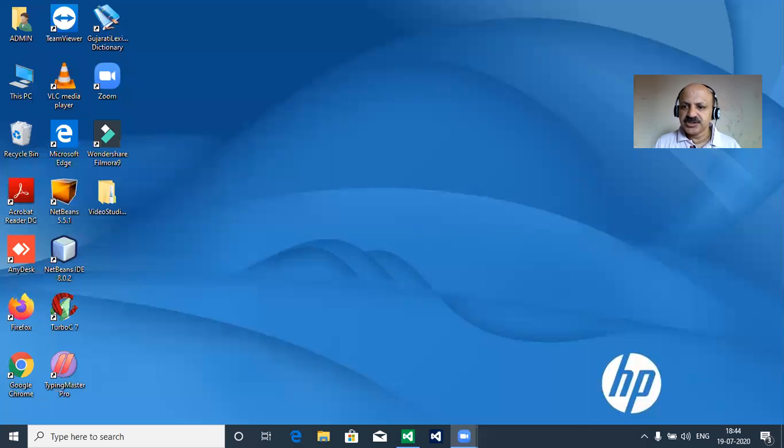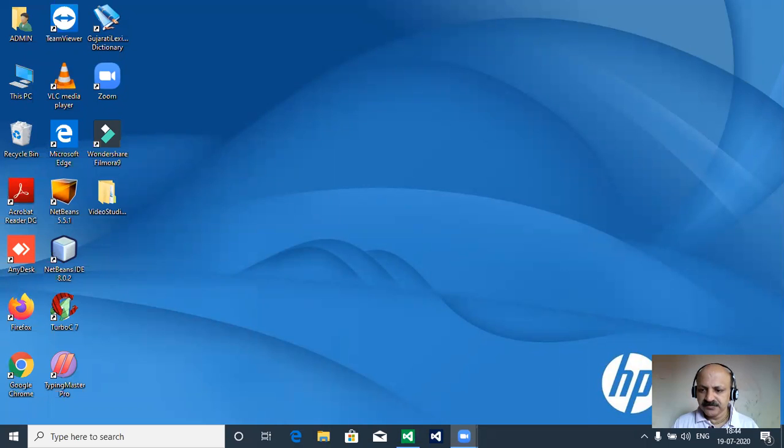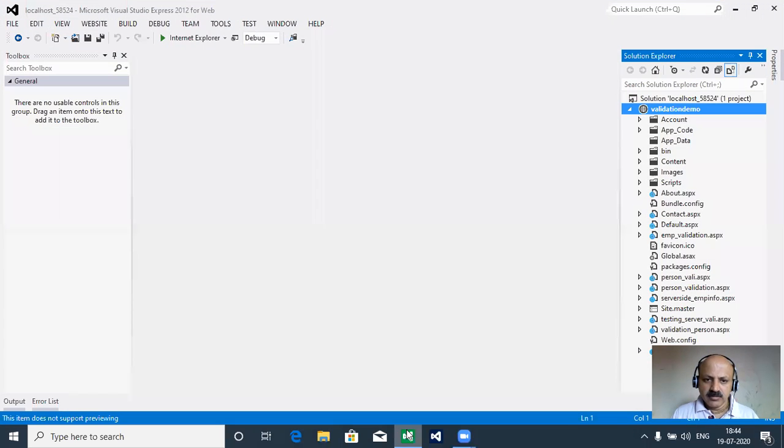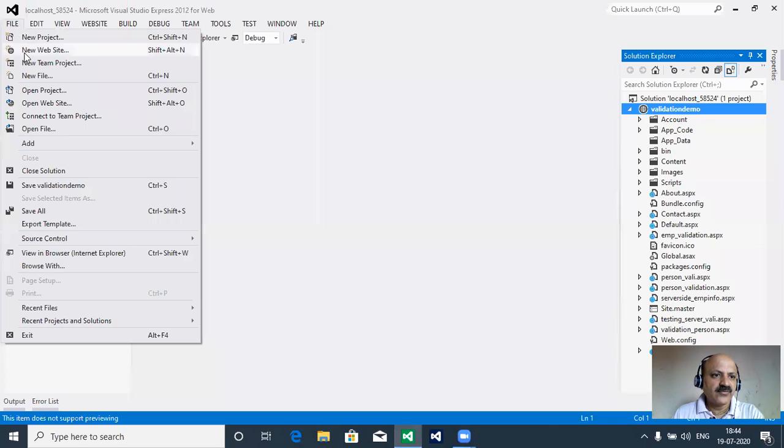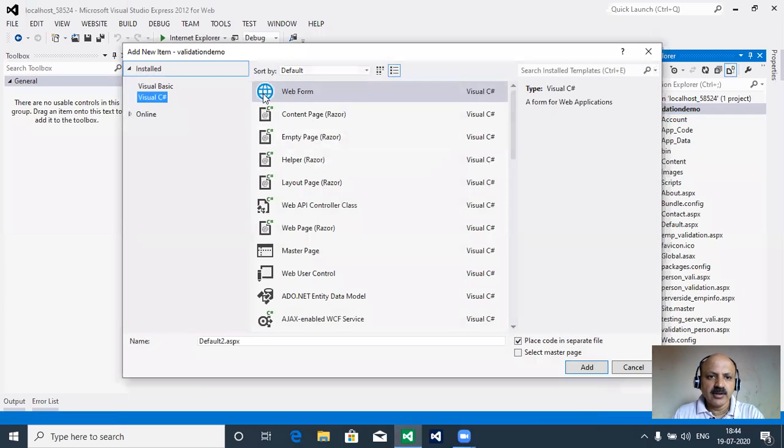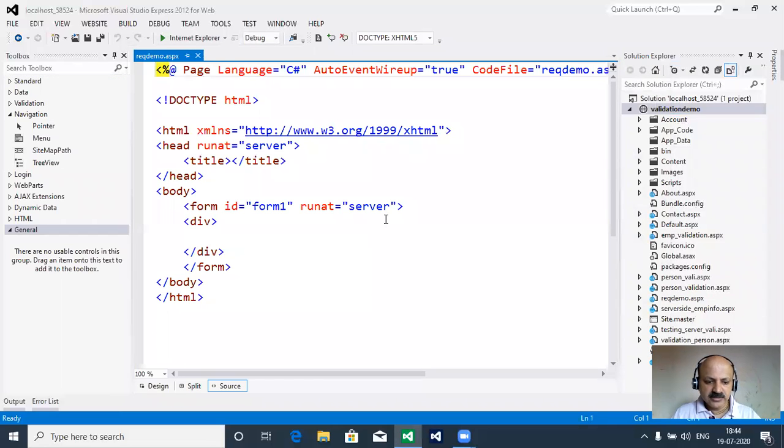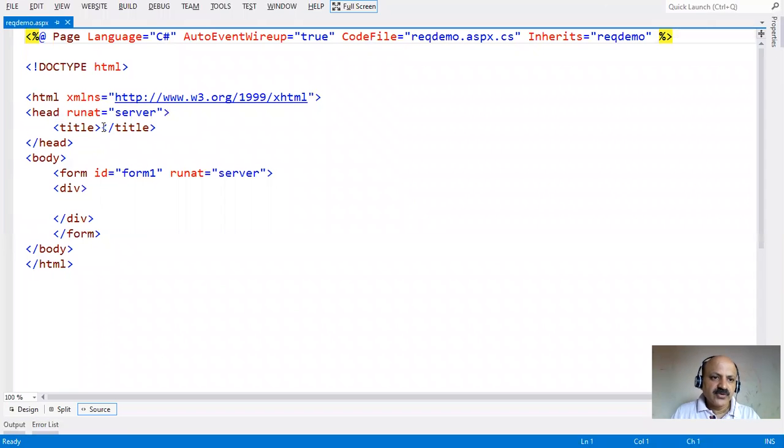First I share my laptop screen, and here Microsoft Visual Studio Express for Web edition is open, and the validation website folder is already open. In the File menu, I take New File, and Web Form is there, and the C# language is selected. Here just give the name like FirstREQDemo, just required field validator demo, and press the Add button. First fix our title, and that is Required